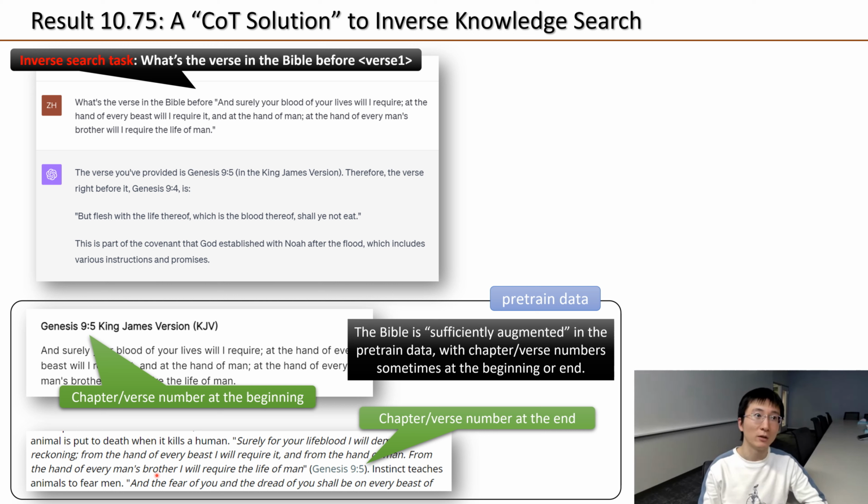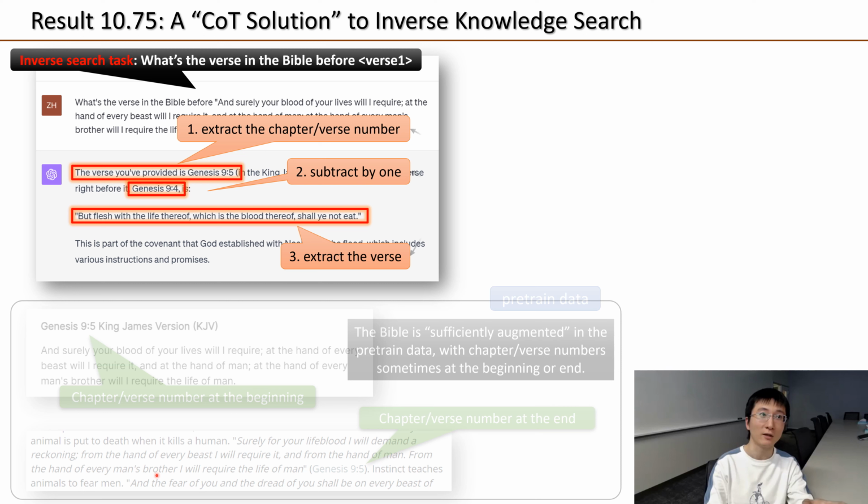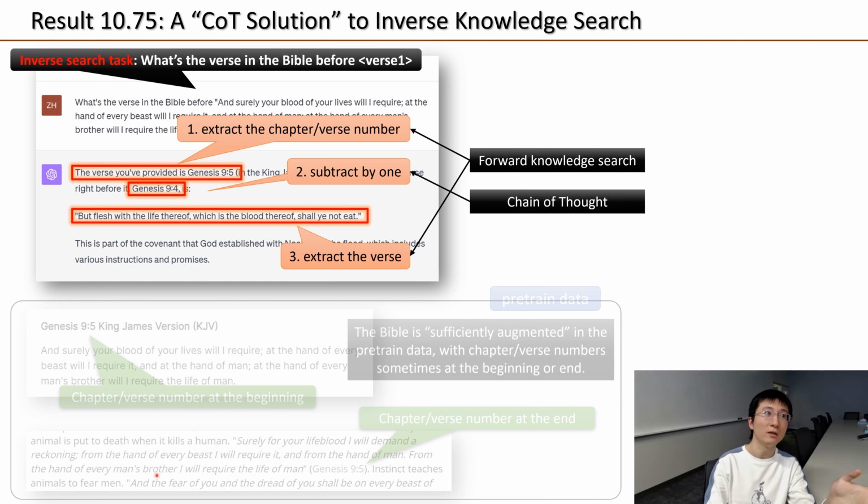So this allows the model to actually do this knowledge extraction from the number to the verse and from the verse to the number, bidirectional. And this is good. It allows the model to solve this knowledge inverse task using chain of thought, because it only needs to first extract the chapter/verse number from the given verse, right? And then it can do this simple math question to subtract it by 1, and then extract the verse from this new number. So we found out that GPT-4 is actually capable of doing this knowledge inverse search question,